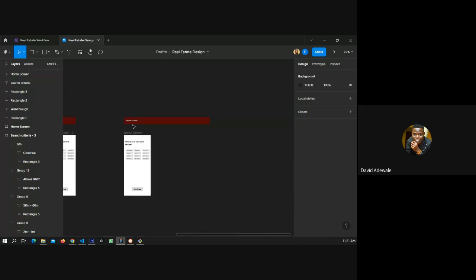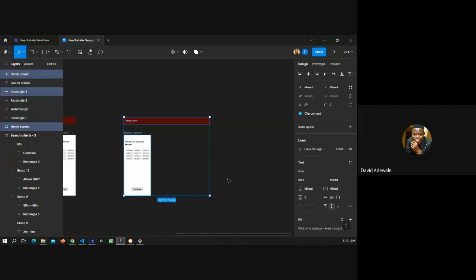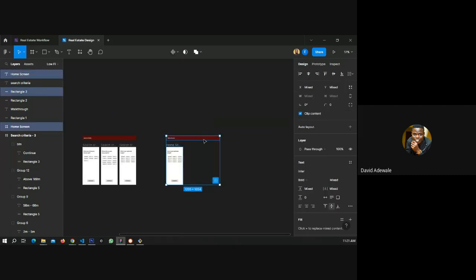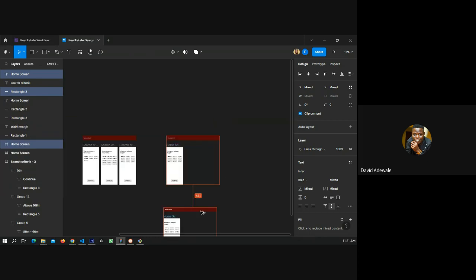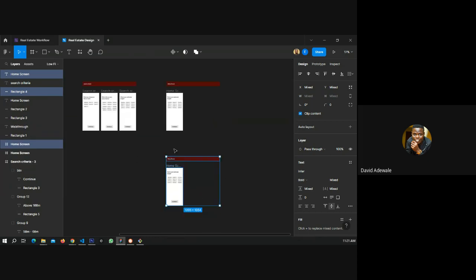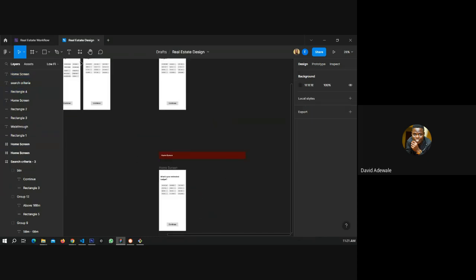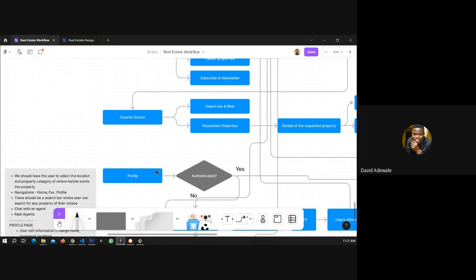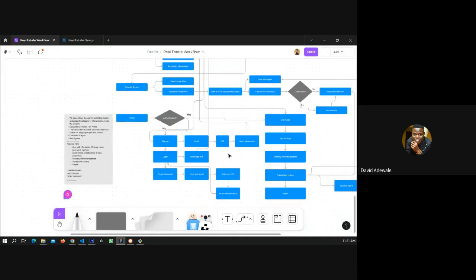Yeah. So under this, we can now have the profile screen, which also has a lot of screens inside it. The favorite screen also has a lot of screens inside it. I guess you understand what I'm talking about. That's why I'm separating it.